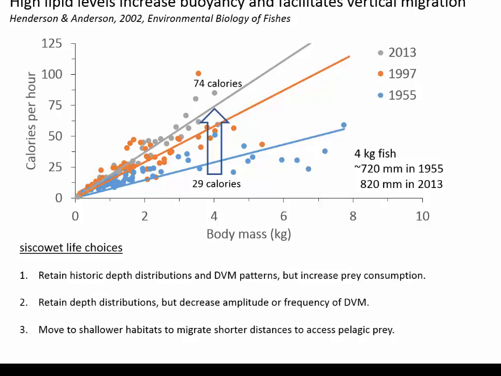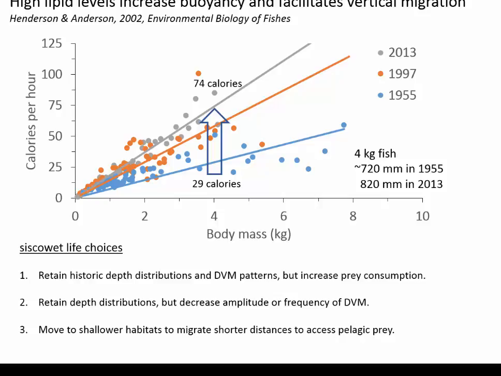So if you're a ciskowet, you're faced with a couple life choices here, that you're not as fat and you're not as buoyant and it's more difficult to swim. You can retain your historic depth distributions and DVM patterns, but increase prey consumption, right? Because you're going to have to eat more because you're burning up more calories. You can retain your depth distribution, but decrease amplitude or frequency of DVM. So instead of going up and down every day, maybe you choose to just go up and down once a week. Or you can move to shallower habitats